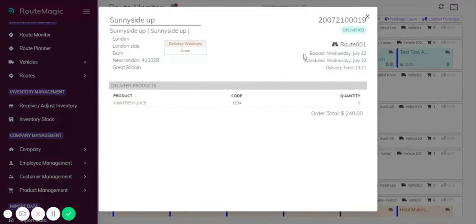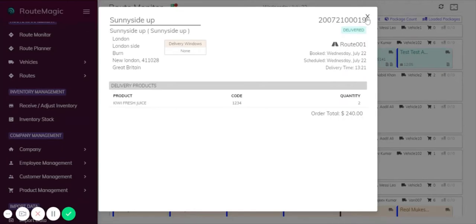Okay, so now if I click on any one of these deliveries, which is this one for example, it's been completed, it brings up this little window that gives you all the details about the order. So your back office staff can overview all the orders for the day along each route, receive updates on the status in real time, and they can also click on any individual order that they need to, and it will bring up all this information about them, such as the products of the particular order, totals, when it's been booked,